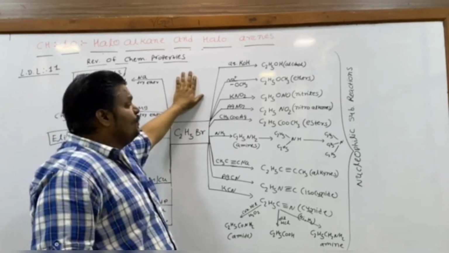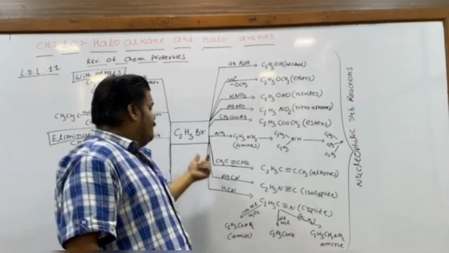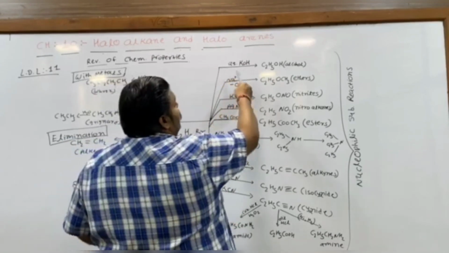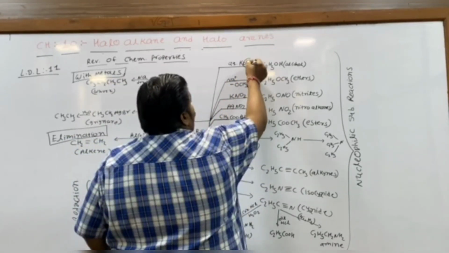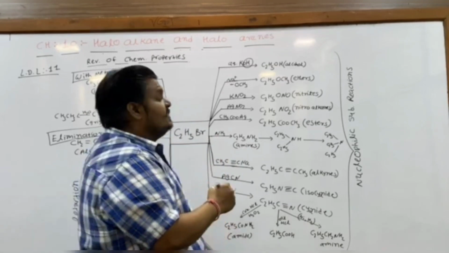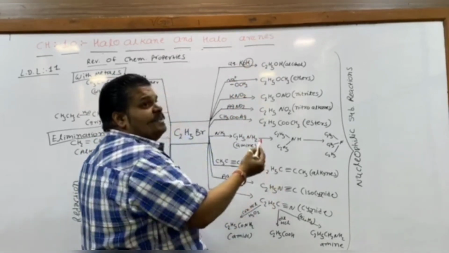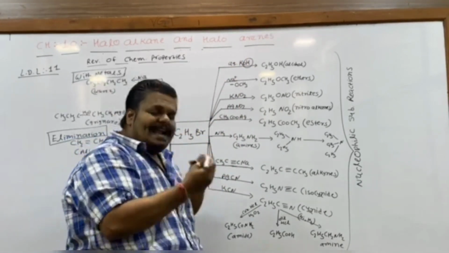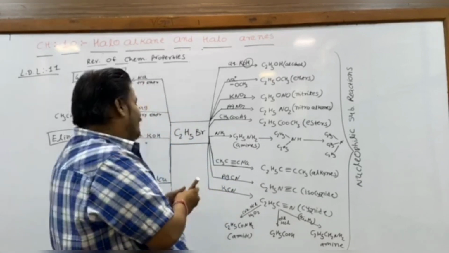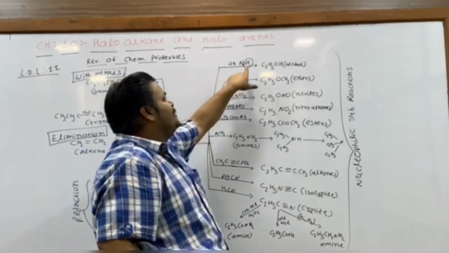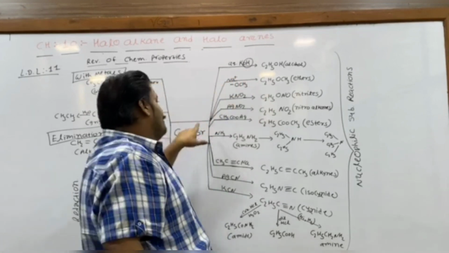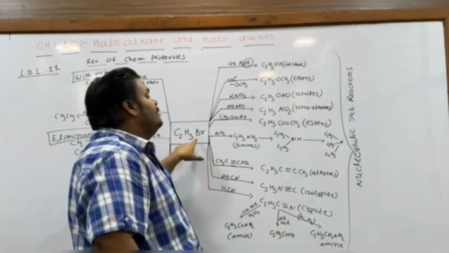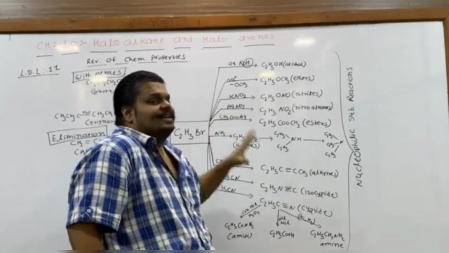So we'll start with the nucleophilic reactions again. When haloalkane reacts with nucleophiles, here we are using KOH, and the nucleophile is OH minus, produced from KOH. This OH minus nucleophile will attack the carbon containing the halogen and says, let's make a bond. So the halogen on the carbon gets substituted by the nucleophile OH to produce alcohol from haloalkane. It's a nucleophilic substitution reaction.